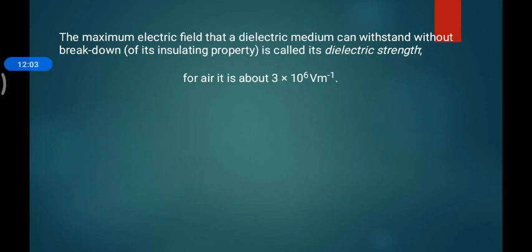They are now polarized, plus and minus on their respective sides. Once this happens, the air can stand up to 3 multiplied by 10 to the power 6 volt per meter. If we have 1 meter separation between two plates, then the air can stand, while polarized, 3 into 10 to the power 6 volt, and that is a huge number.